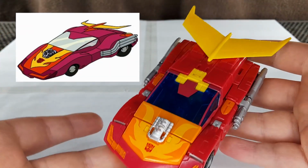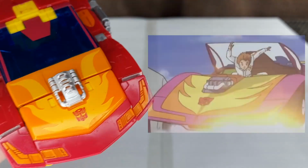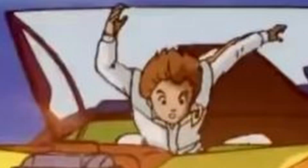So here he is in his sweet red sports car from the movie. First off, he's not really the correct colour. But does that bother me? No, it's not that big of a deal. Come on, dude. There's this flame at the front with an Autobot symbol. The shape isn't exactly on point, but it's close enough. Look at this dude. Wait till you see the...